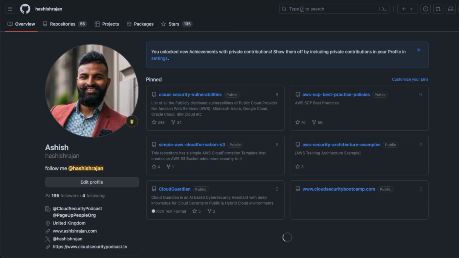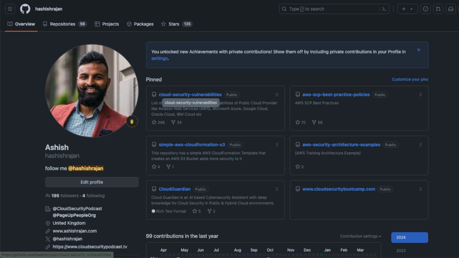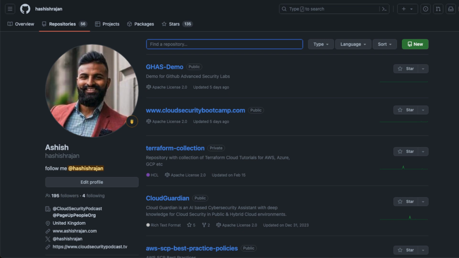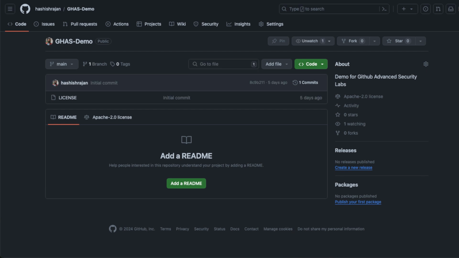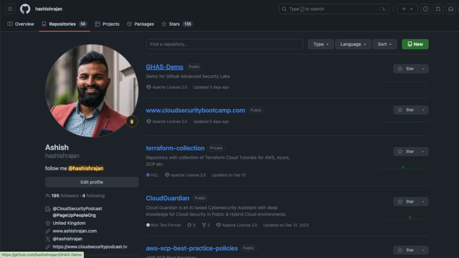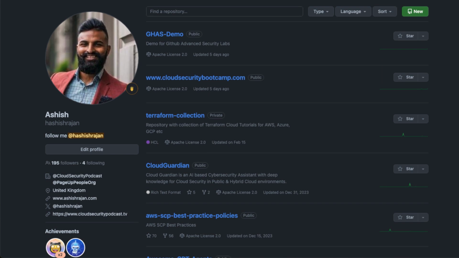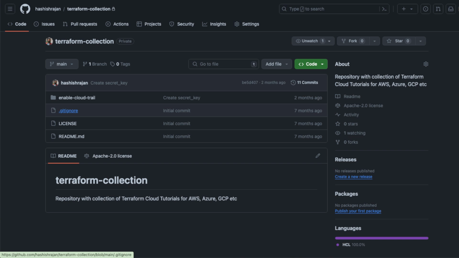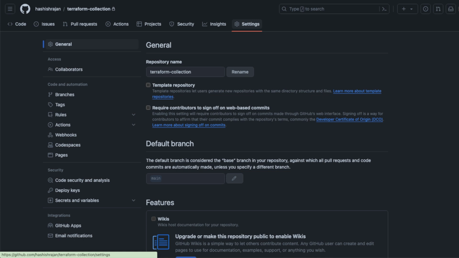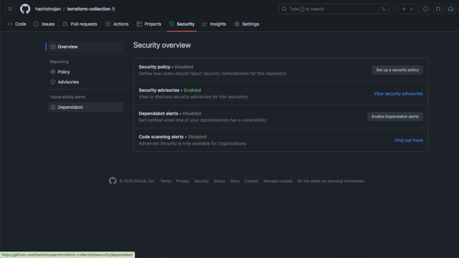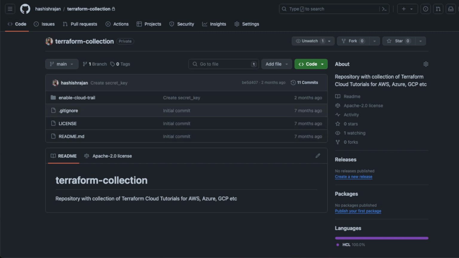So let me just find another repository. We've got a few folders, so I can actually show you the structure. The repository, I think it's called view. Nope, not that one. I haven't created the folder. Terraform collection. I'm trying to find a place where, oh, there you go. Okay, so this is one place where I have enabled CloudTrail. I just want to see, do I have any security turned on over here? I only have Dependabot. This is a private repository where it makes sense for me to have a .gitignore